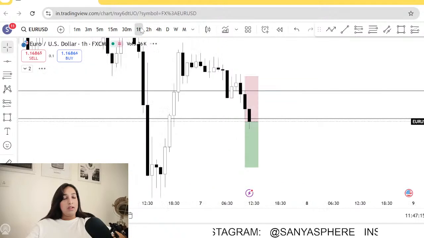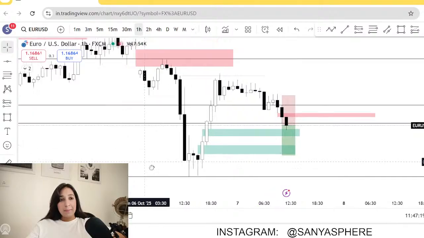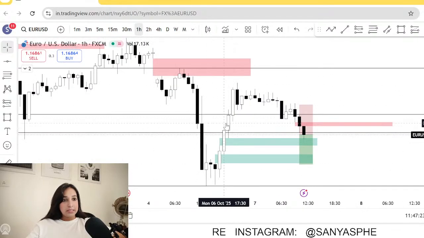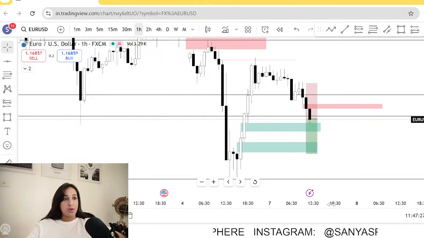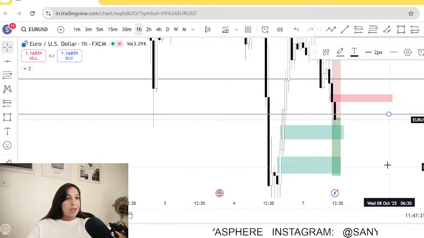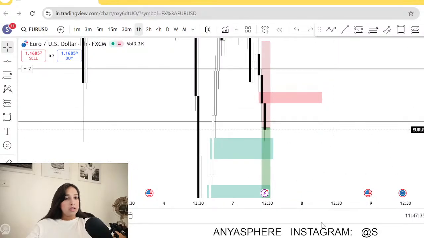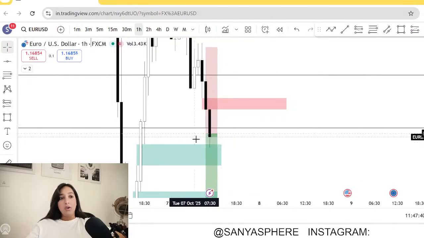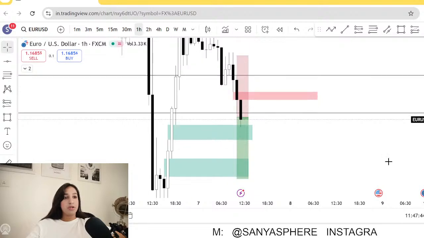Okay, and if you see on the 1 hour candle, there was an imbalance right over here which was filled by these bullish candles, and now we are heading towards the bearish trend. Let's see. I marked the highs and lows of the previous hourly candle, which means that it broke the low of the previous hourly candle. So I'm expecting a bearish movement, because